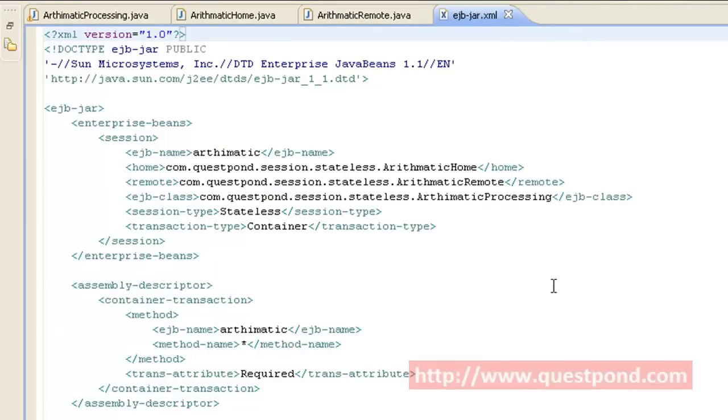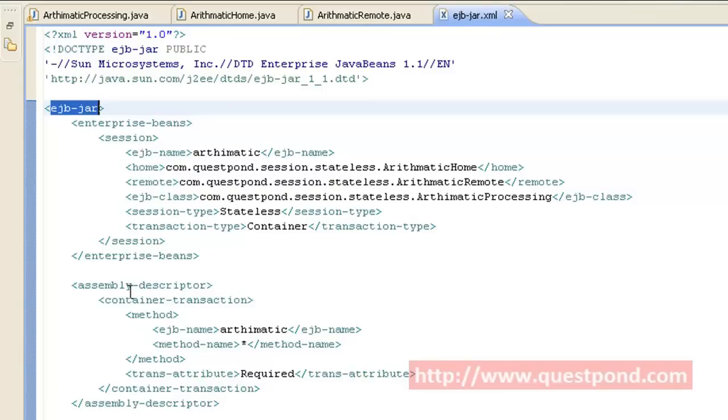Shown is the EJB jar.xml. It contains the EJB jar. Within EJB jar, we have enterprise beans as well as assembly descriptors. Within the enterprise beans, since we are dealing with session beans, we have the session tag.